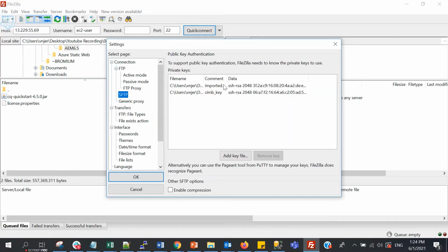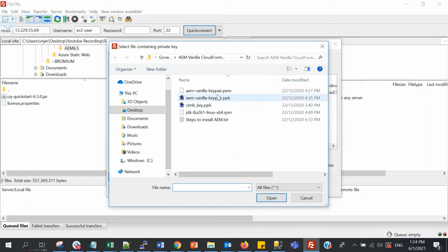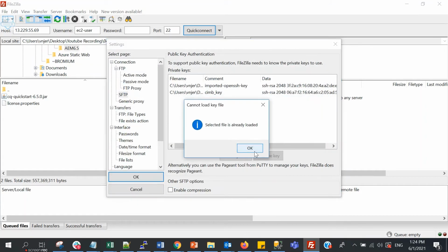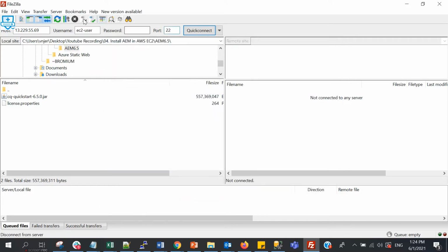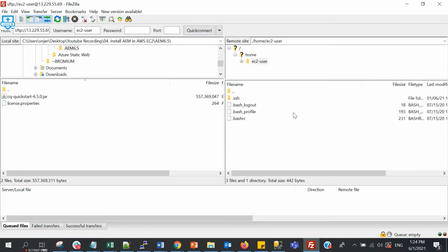Choose the SFTP and then you need to add the key pair here. Okay, for me it's already loaded. If previously you already added your key pair here, then you don't have to add it anymore. So it's under edit, settings, and then choose the SFTP. Okay, and then you can quick connect here. So this is our server.